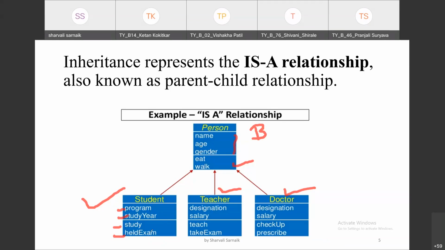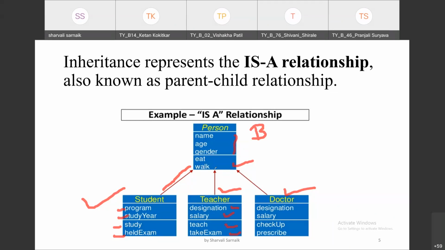Similarly, there will be 4 member functions: eat, walk, study, held an exam, because we are inheriting the features of person class. Similarly, the teacher class has its own data members and member functions, that is designation, salary, teach and take exam. But teacher also has name, age, gender, and he can eat and walk.